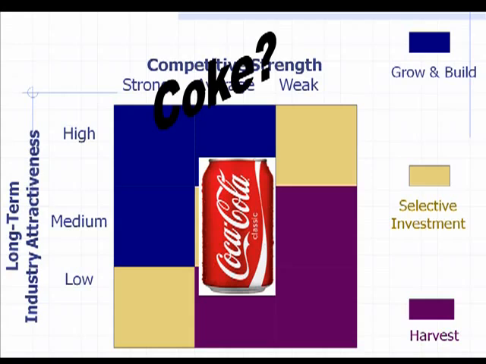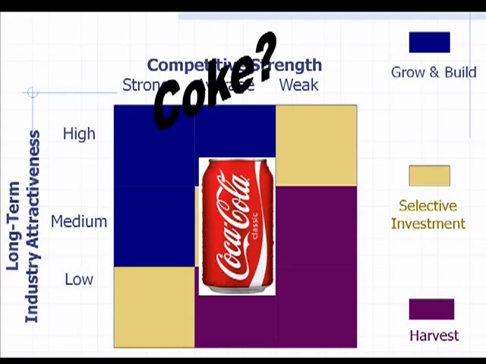But what about industry attractiveness? And I suppose for the current conversation, let's just limit Coke to the United States. Now, what you probably know from prior conversations in this course is that cola is not a high growth industry. However, there's a great deal of cola consumption in the United States. And so we could say that it might be medium long-term attractiveness. It's not growing, but there is a lot of volume there in the cola consumption. It's certainly not a low attractive